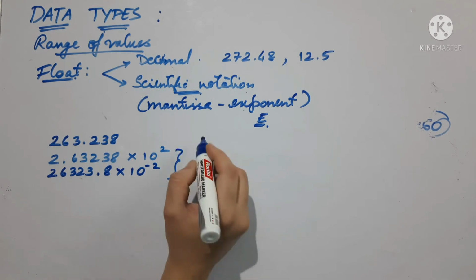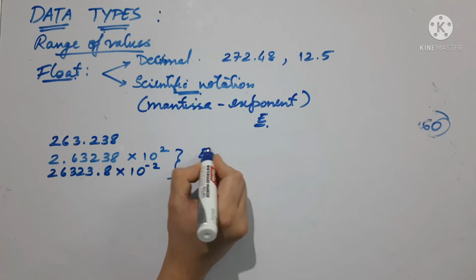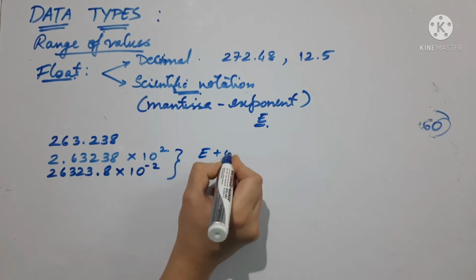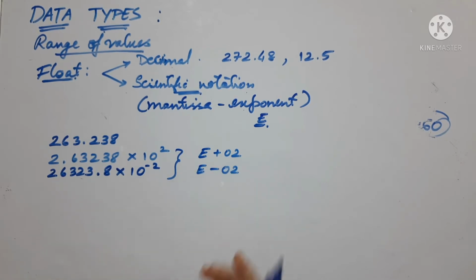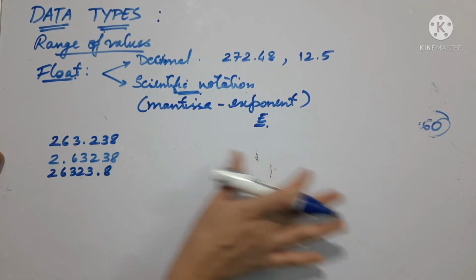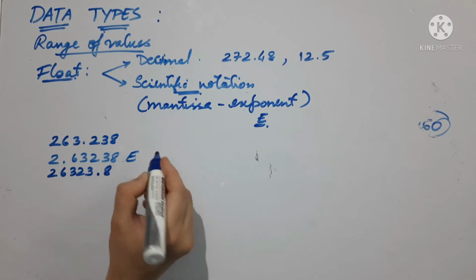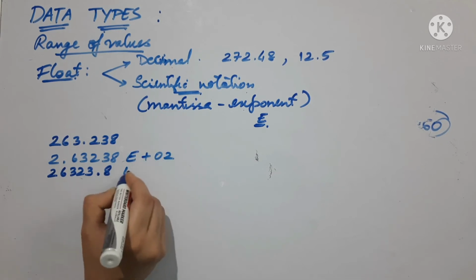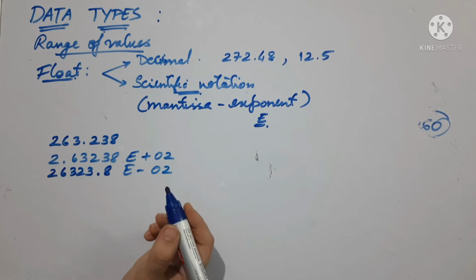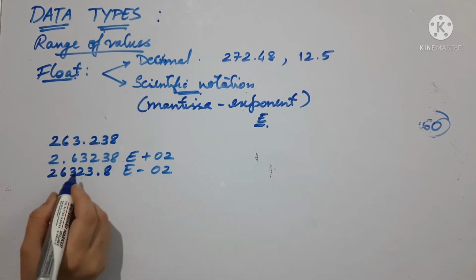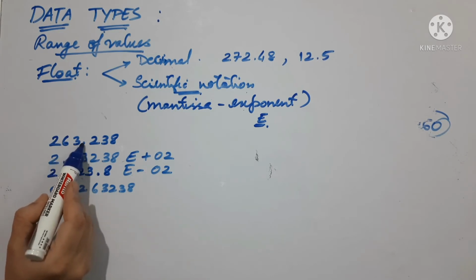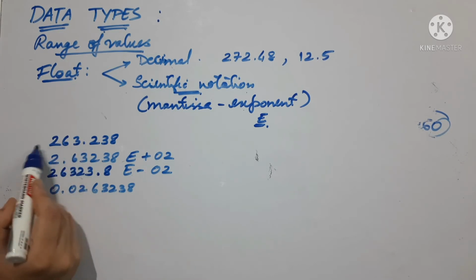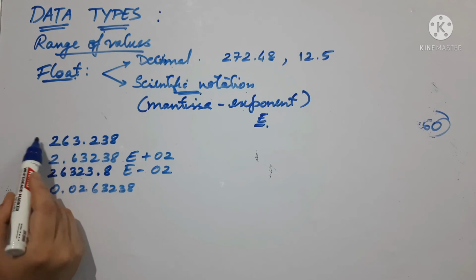Here for the scientific notation, we will be making use of E. So we write E plus 02, and for this we write E minus 02. This is how we have the scientific notations. So let me just write down here. This will be E plus 02. This will be E minus 02. One more example I will give you. Now, what have I done? I have shifted this decimal point for 362 and one more value I have added.